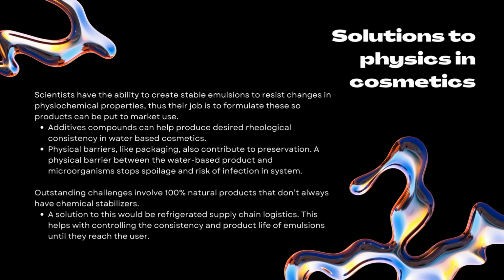However, some outstanding challenges are yet to be dealt with. This comes from 100% natural products, which have increased in popularity, and these products don't always have chemical stabilizers. So, since these products aren't guaranteed to stay stable, a solution to this could be refrigerated supply chain logistics, or your refrigerated trucks. This will help with controlling the consistency and the product life of the emulsion